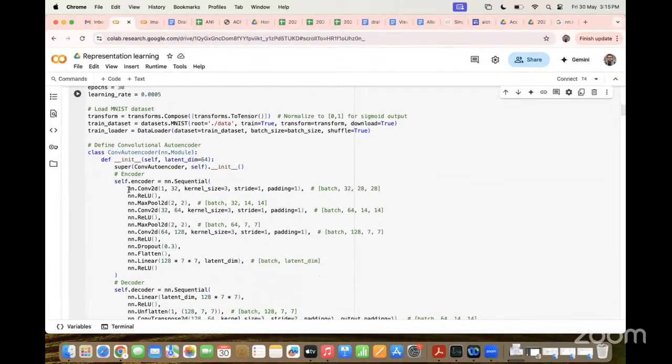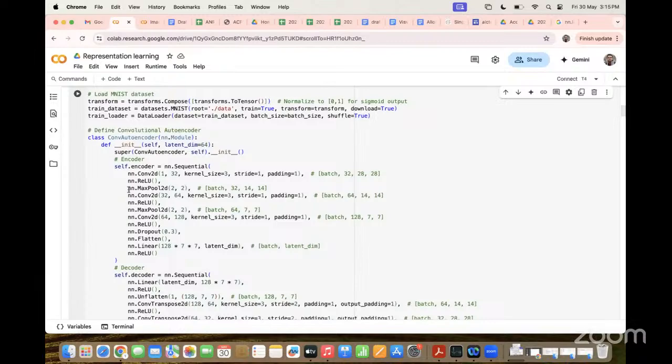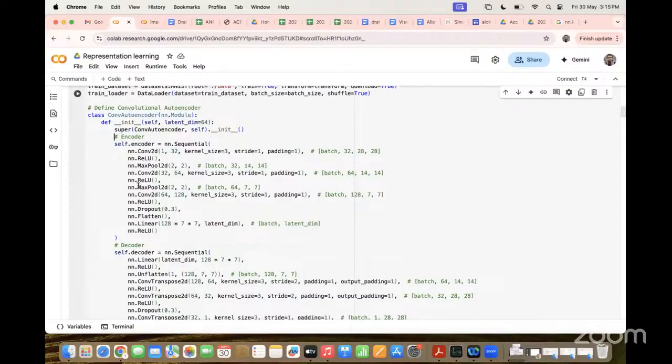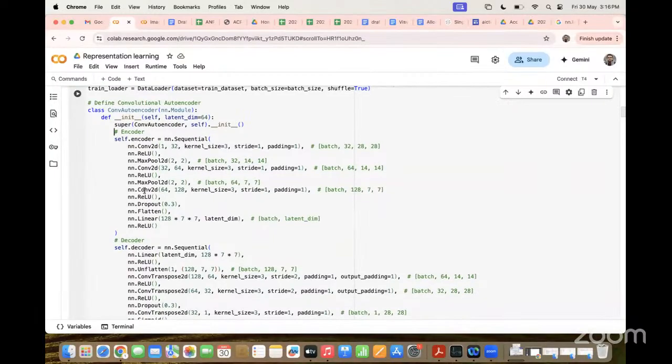Okay, now this is our encoder part. In this part, we define the first convolution layer, then ReLU.